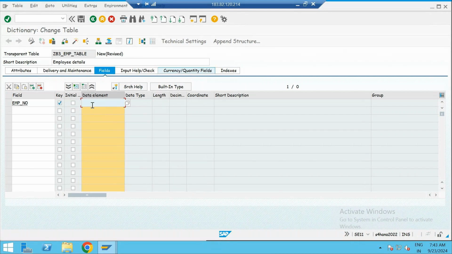Okay, the initial checkbox. What initial means is, whenever I am maintaining data in my table, if I am not giving any actual value to this field, then a default value will be assigned to that particular field. Whenever I am maintaining the data in the table, if I am not specifying the value for this particular field or column, then a default value will be assigned to my entry